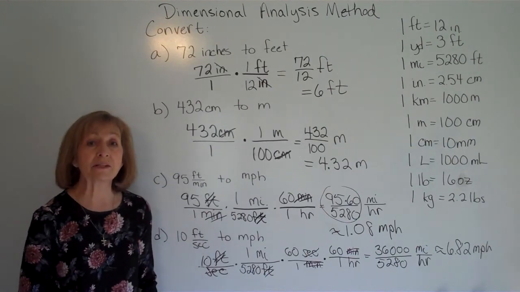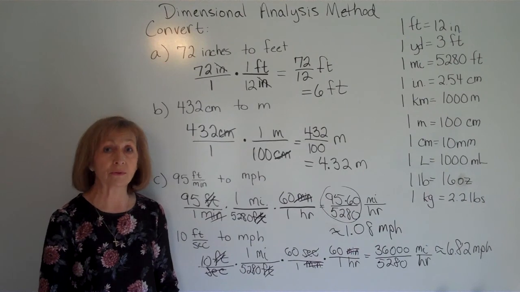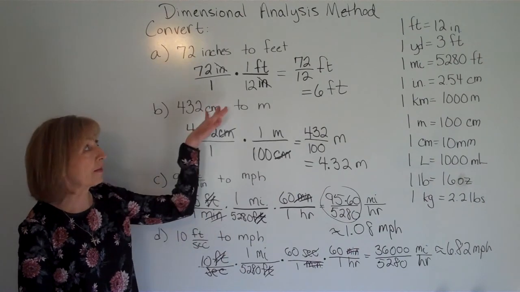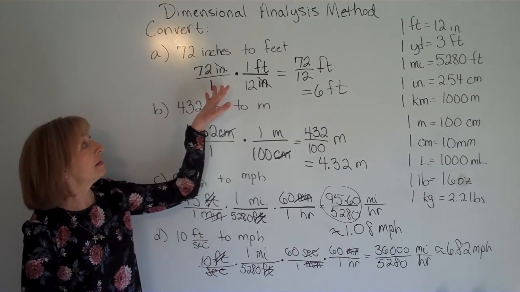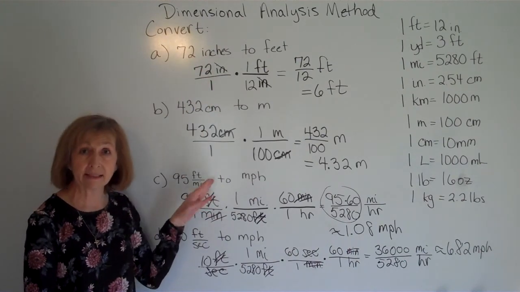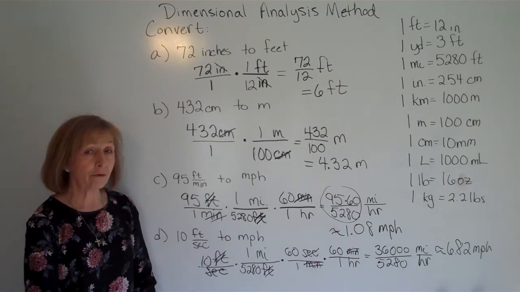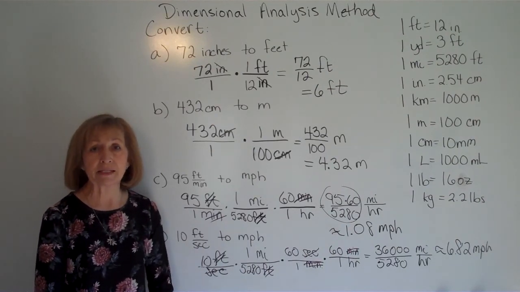So these were just some different examples of how you can do the dimensional analysis method in order to change between units, whether you're just changing with the one type of unit, or if you have a rate and you want to go from one measurement and rate to another. And hopefully you found those examples to be